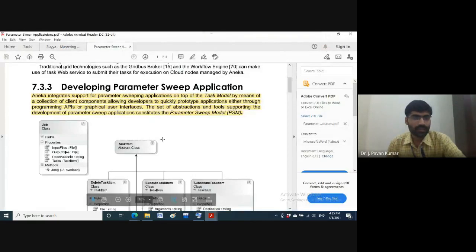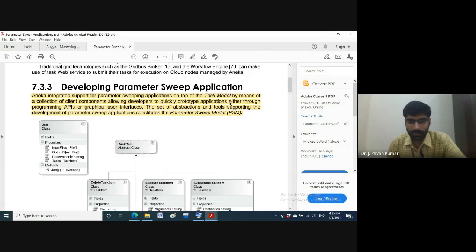Here you see Aneka integrates support for parameter sweeping applications on top of the task model. Whatever task model we have seen earlier, on top of it we will have a model for parameter sweep applications by means of a collection of client components, allowing developers to quickly prototype applications.